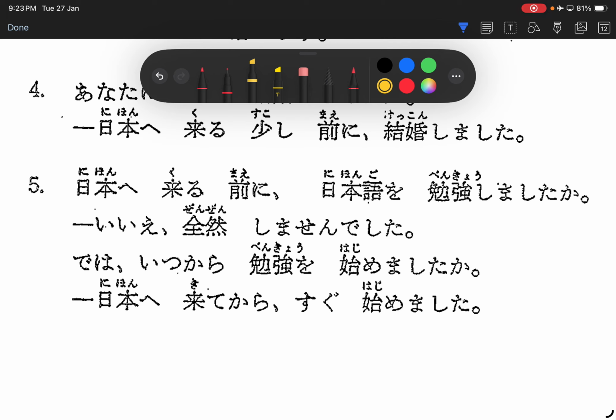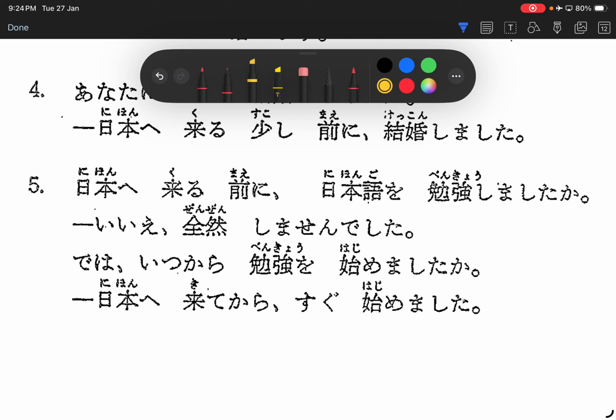So 勉強, you don't see the word し, right? So 勉強を始めましたか? So 勉強 is a noun here, so it's just referring to the study, right? So いつから, so from when the study you begin. So when you begin your study, it's not you studied from when. Study is a verb, but we are saying when you started your studies. Your study, we are referring to it as a noun. So when you started your study,